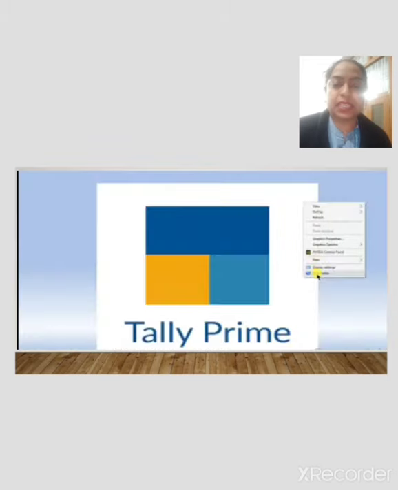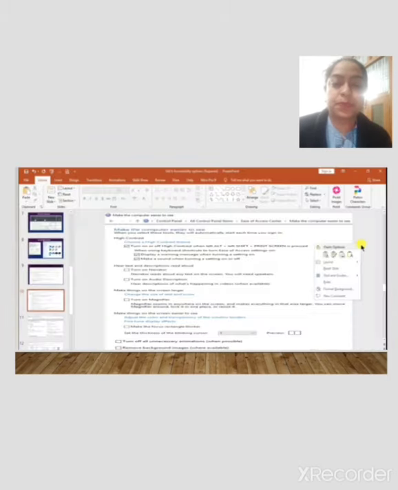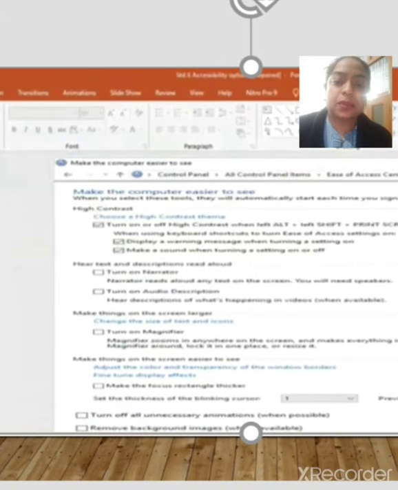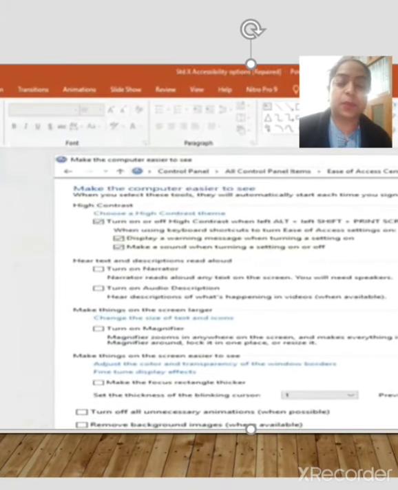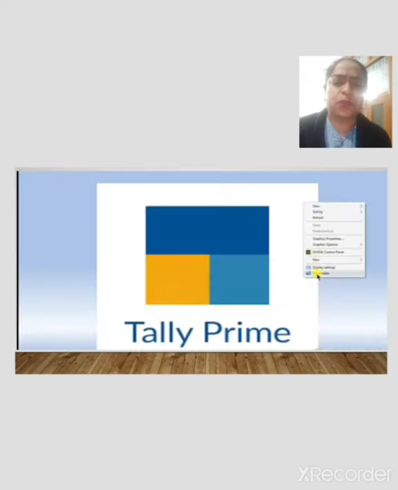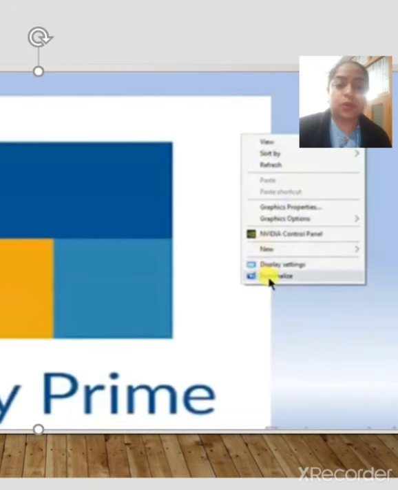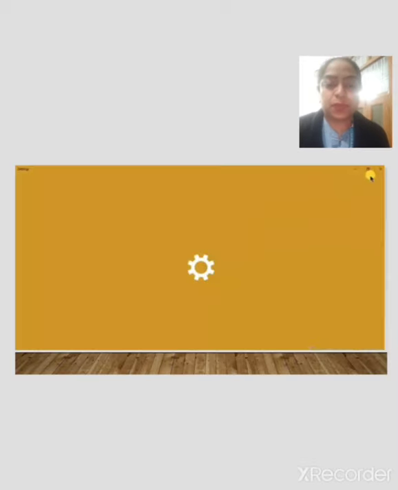Whenever you click on all the things you want, to make the computer easier to use, after that there is a Taskbar, meaning you have to go to Settings there. You can also see there is an option for Display Settings, and the settings options will appear.